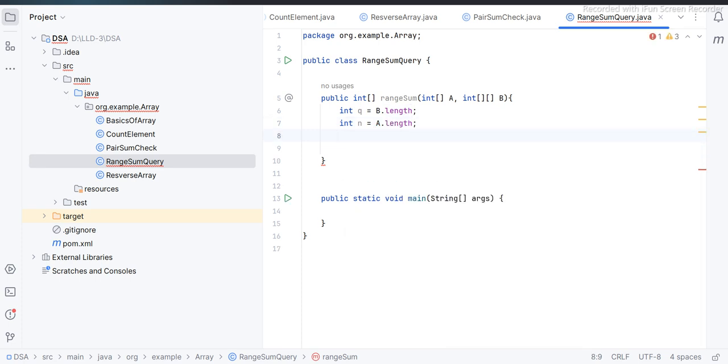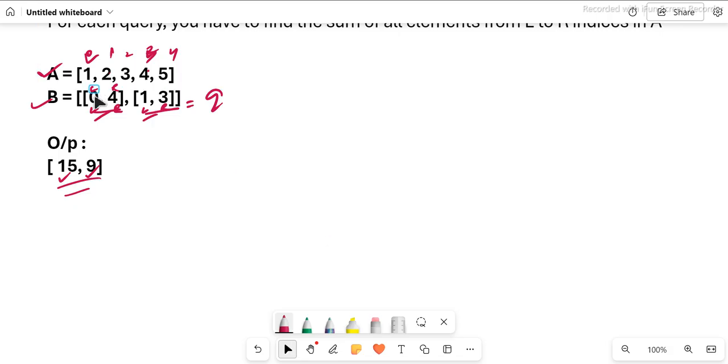All right. So now what I will do is I will take, so what I have to return is an integer array, right? So I will take one answer, which will be again an integer array, and what should be the size of this particular array? So how many queries will be there? That many. If you look here, there are two queries, right? So one is this query and this query. So the answer is also basically how many queries there are, that many answers will be there, like in this array,